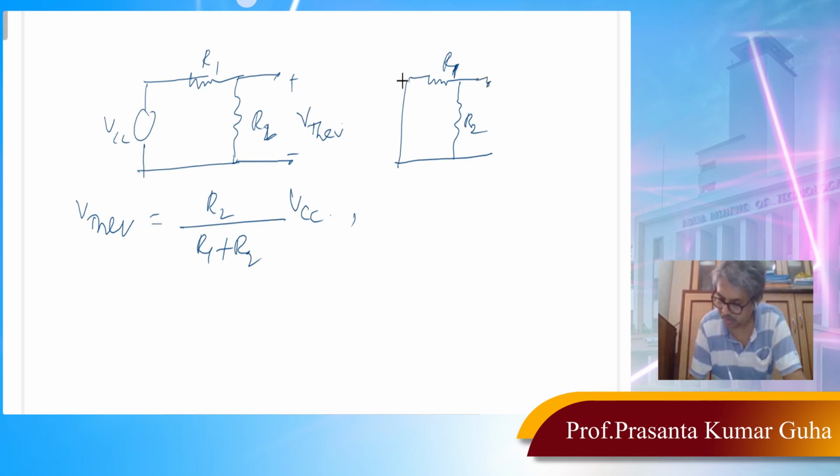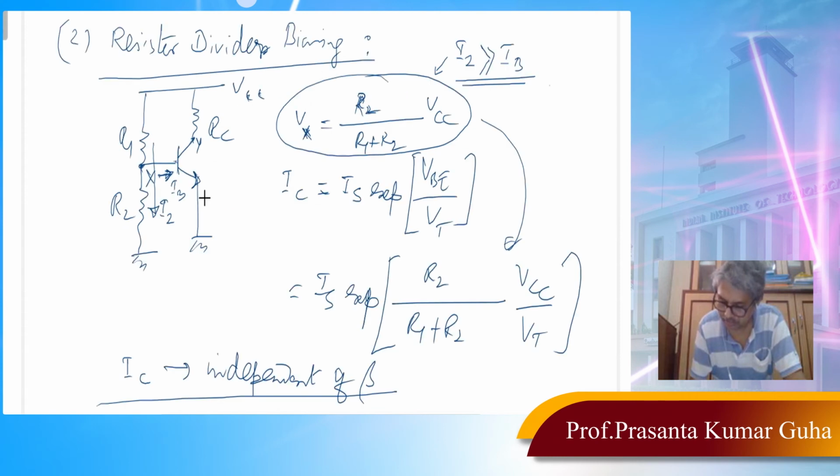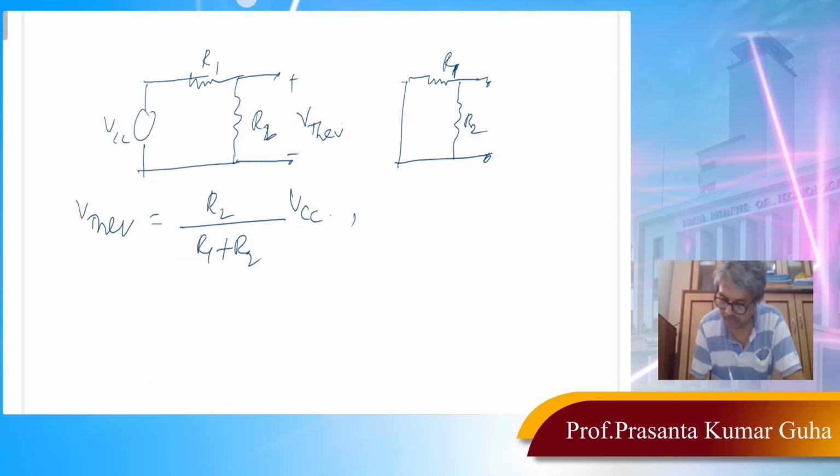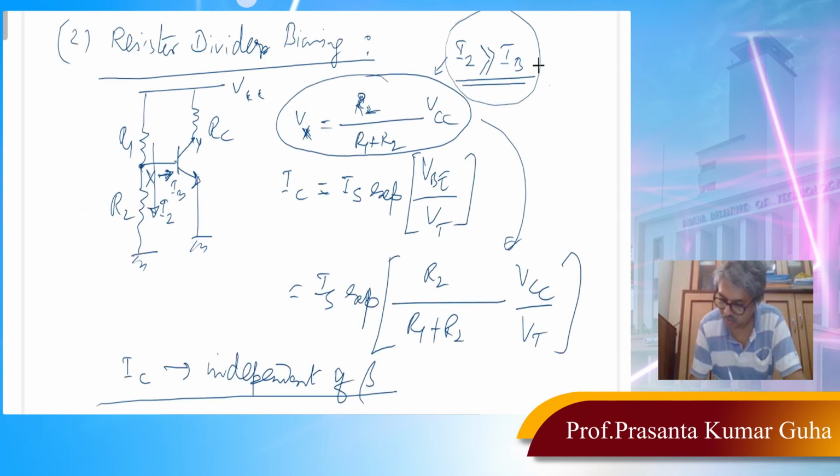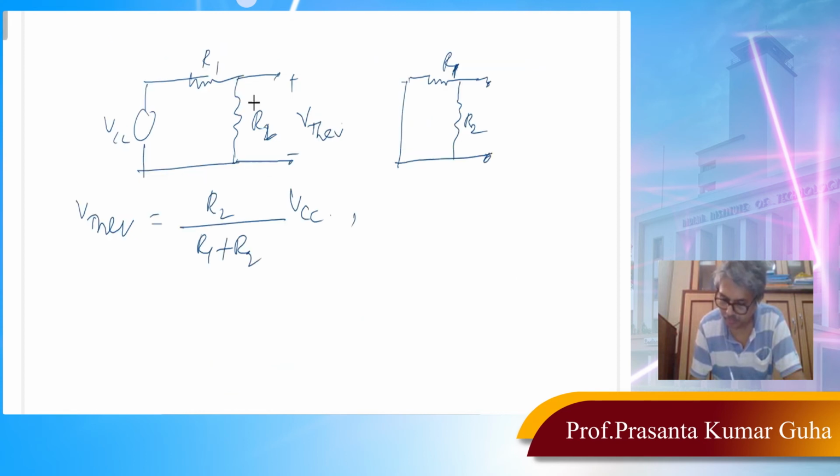Okay, so what I am doing, I am trying to analyze this circuit. If we use this condition, then analyzing is very easy. But if that condition is not valid, that I2 is not much greater than IB, in that case we have to take into account R Thevenin and V Thevenin. Okay, right, and in that case we can write